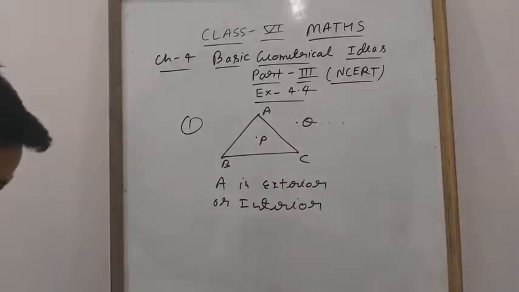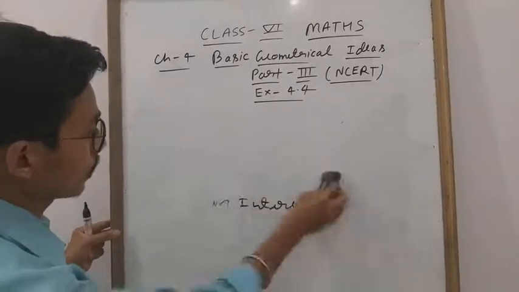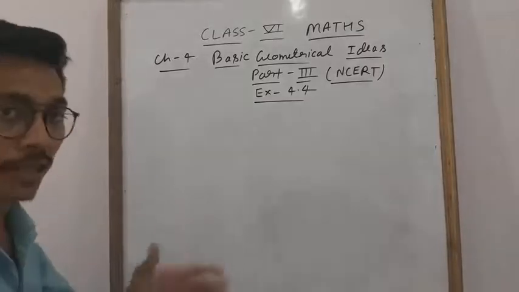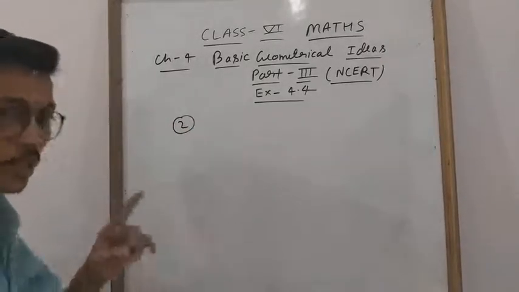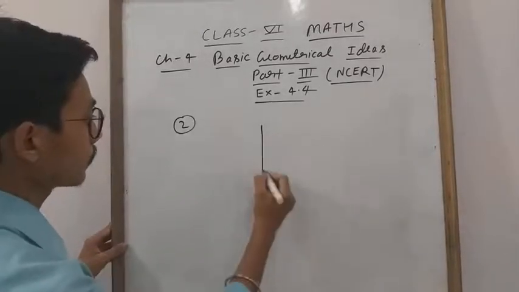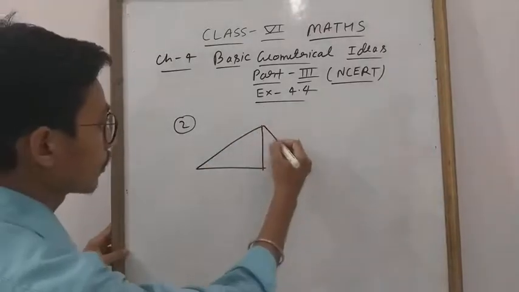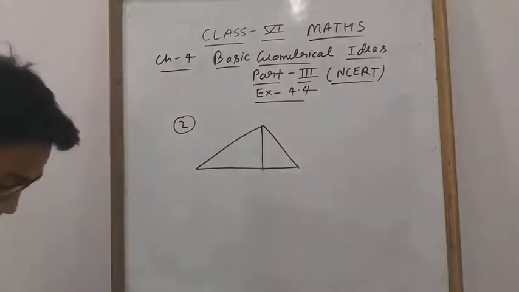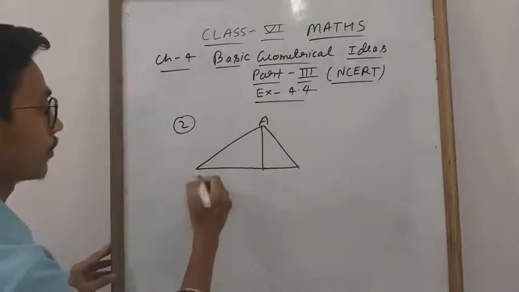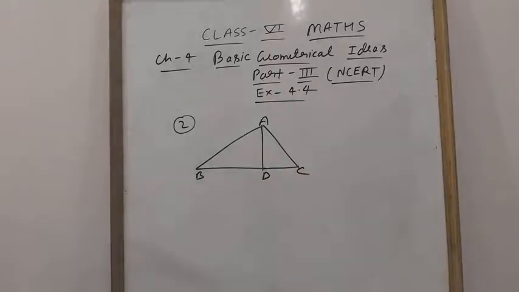Now the next question is question number second. Now question number second I am going to explain. See, only the concept I will give and I give all the explanation. ठीक है ना? More practice is required. Second is given. Identify 3 triangles in the figure. Now for the 3 triangles you first draw the diagram. This is your triangle 1. This is triangle 2. Clear? Now it is given A B C D. This is your given diagram. Now it is given identify 3 triangles in the figure.